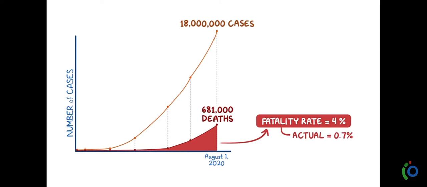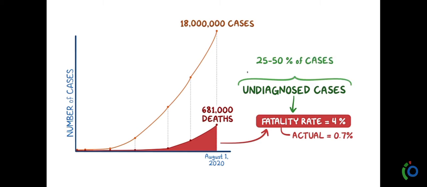The reason for this is that there are a lot of undiagnosed COVID-19 cases, which makes the actual number of cases go up. Many of these are asymptomatic carriers. In fact, the National Institute of Allergy and Infectious Diseases has estimated that 25 to 50% of the cases may remain asymptomatic. During this worldwide pandemic, there are many lessons to be learned from how different countries have responded to